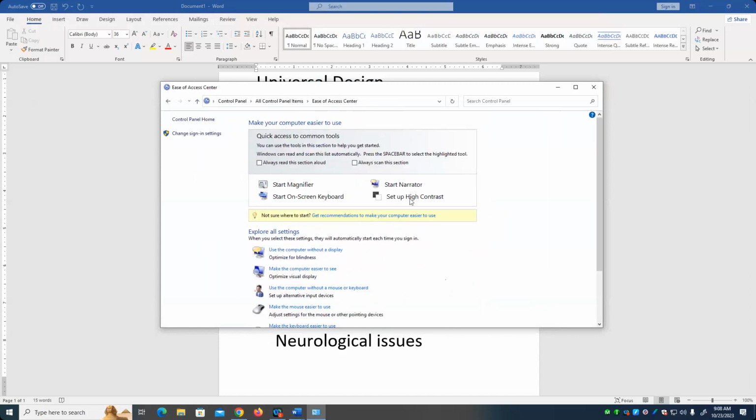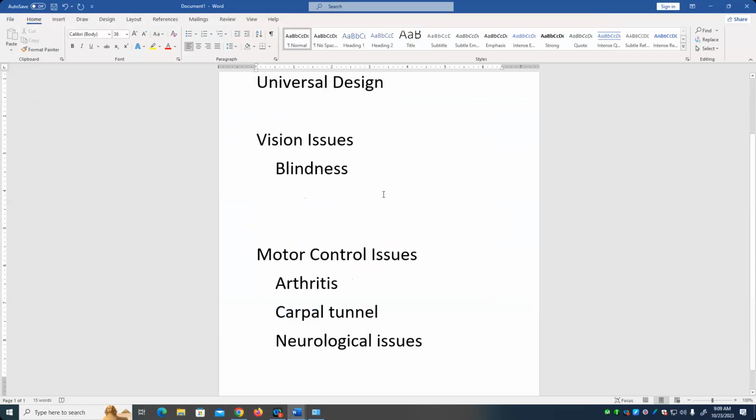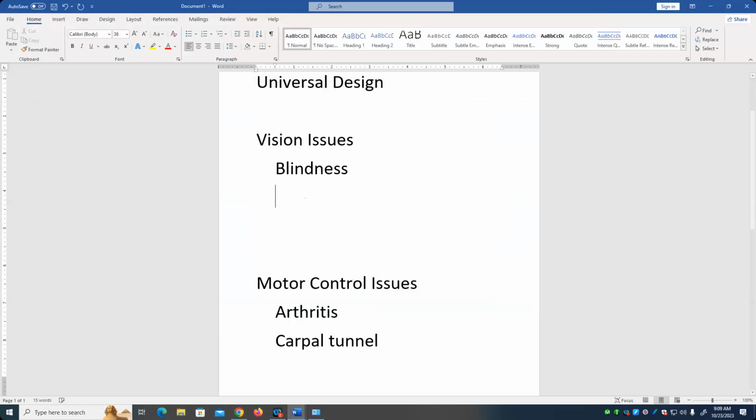What that relates to is people that have colorblind issues. So again, not necessarily full blindness, but the inability to distinguish colors. Now, being colorblind doesn't mean that you see in black and white, all right? There are a number of different kinds of color blindness, and we can simulate some of those by going to